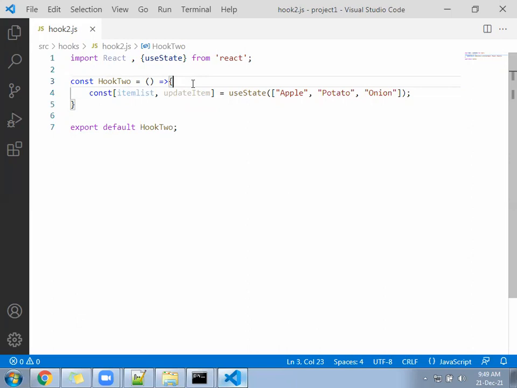Next, under the itemList, how many elements can you find? 3. itemList is not a simple variable. It is an array variable. Inside this array, if you want to add anything, you have to take the help from updateItem. Directly you cannot do. Okay. Coming down,